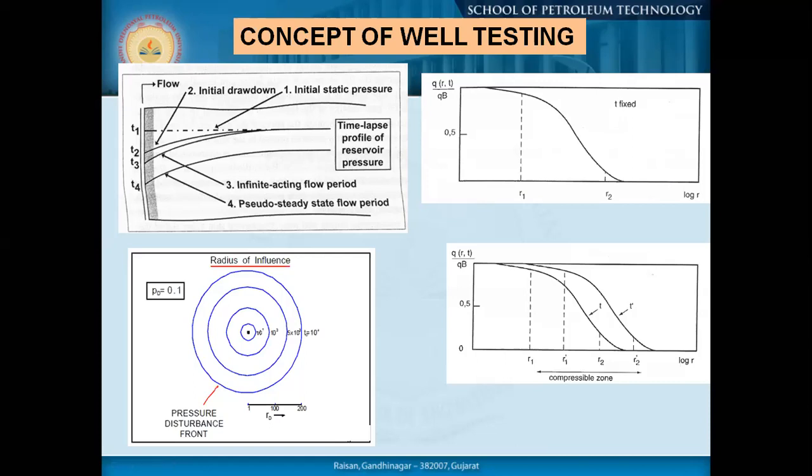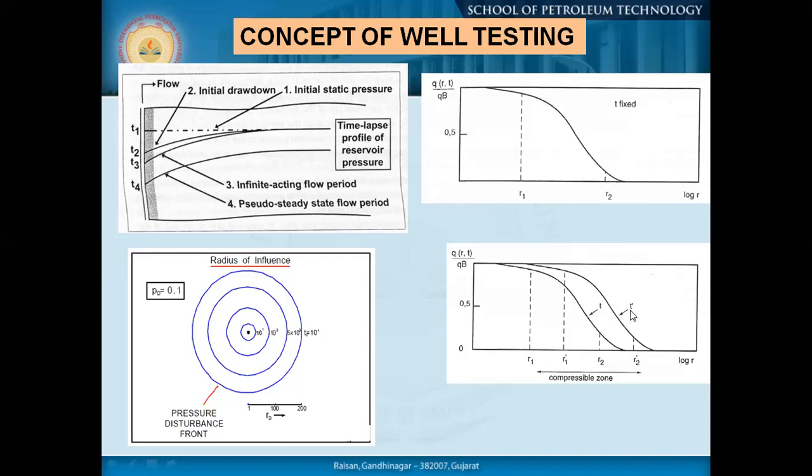So just like our ripple. Okay, so this is the extension of the ripple, as when we are dropping a stone in the pond water, a ripple is moving. Just in front of the ripple and behind the ripple, we don't get any response. Similarly, here also, this compressible zone is only supplying the material for the flow of that specific time Q.